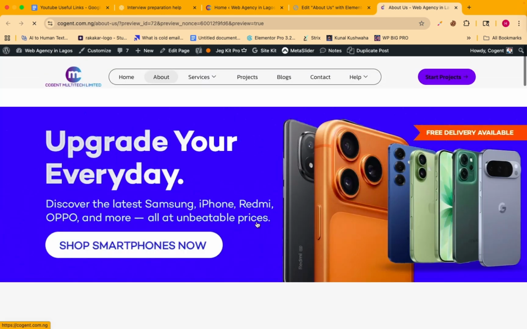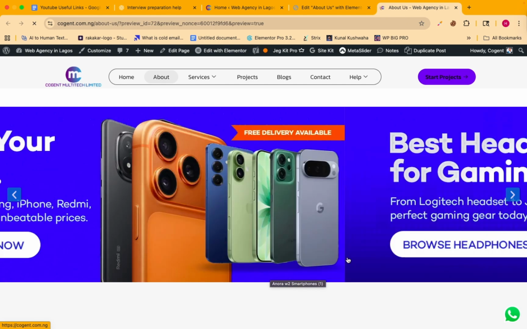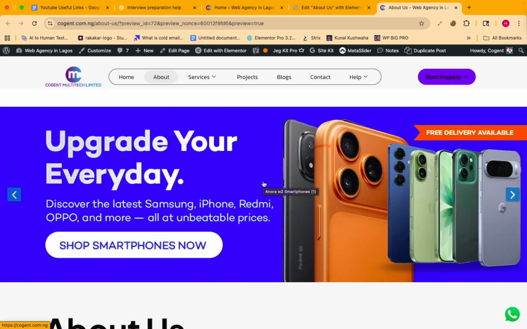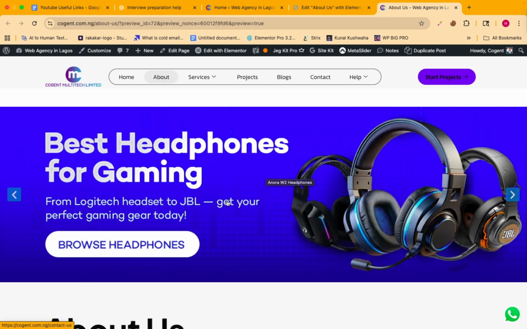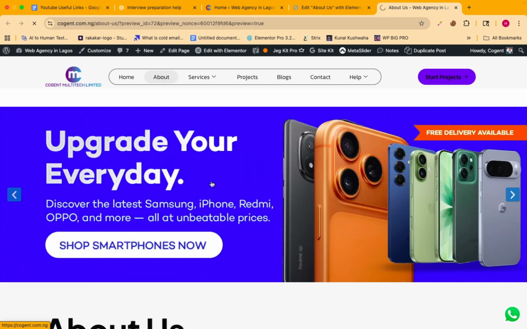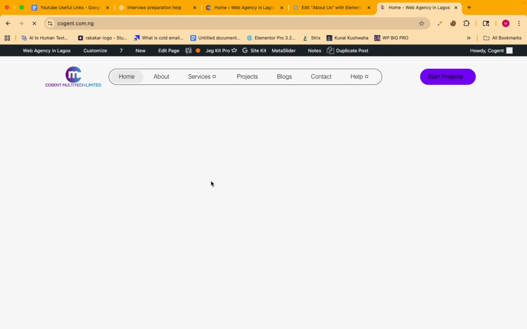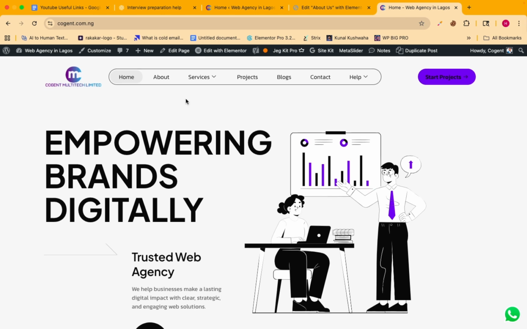All right, you can see we don't have the navigation dots anymore, and also you can see this banner is clickable right now. Your pointing cursor is actually clickable. Let me click here and see where it's going to take us. It's going to take me to the home page because the banner image is actually linked to the home page. All right. Here I am on the home page. If I go back to the about us, yeah,